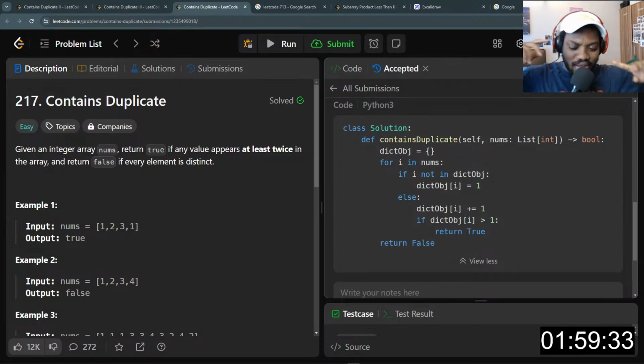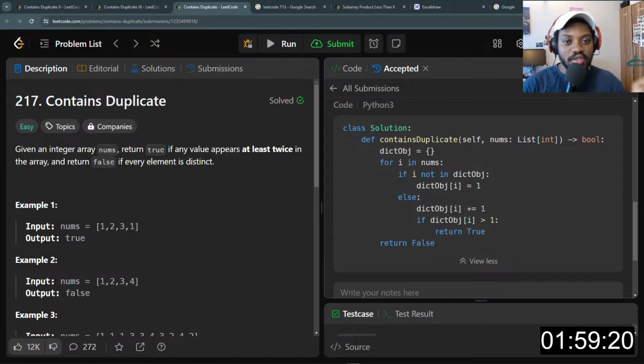Yesterday I started doing some revision on the questions I've solved before, and I'm trying to change my approach to studying. I think the best way, like I said yesterday, is to solve the same question multiple times, enough that the understanding is just second nature. Just by looking at the question you already know the steps to take, because you solved similar questions before. That's exactly what I'm going to do today.